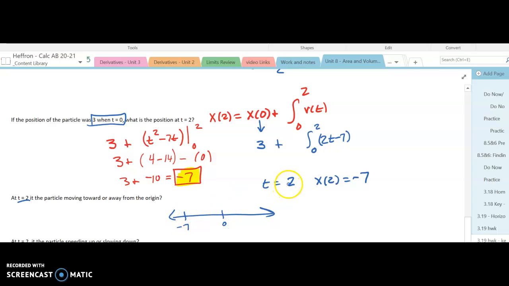Now my velocity at 2 would be equal to 2 times 2 minus 7, 4 minus 7, or negative 3. A negative velocity means I'm going to the left. So if I think about being left of the origin and going left, I would say I am moving away from the origin